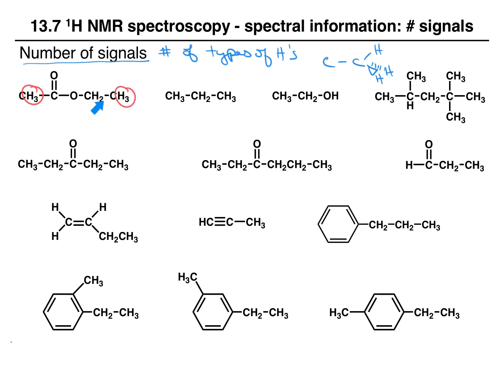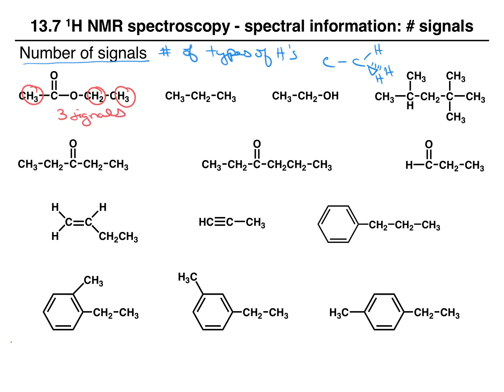Furthermore, because this is a CH2 group, it's obviously different than a CH3 group. So this is another set of hydrogens. So in this example, we have 3 types of non-equivalent hydrogens, which is going to give us 3 signals on